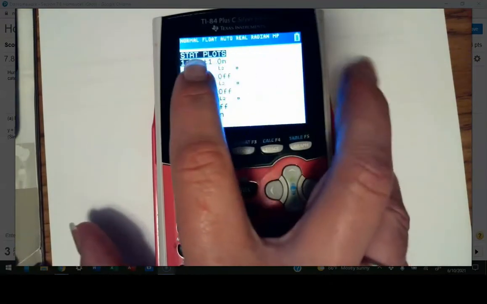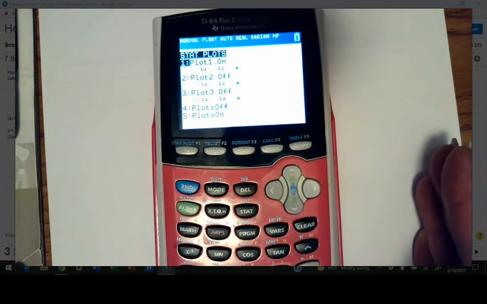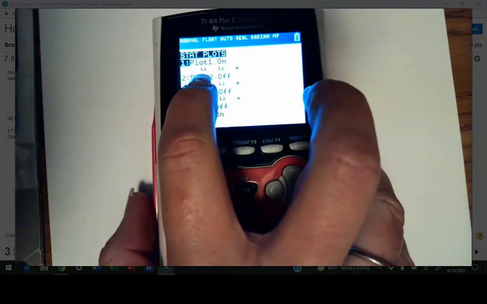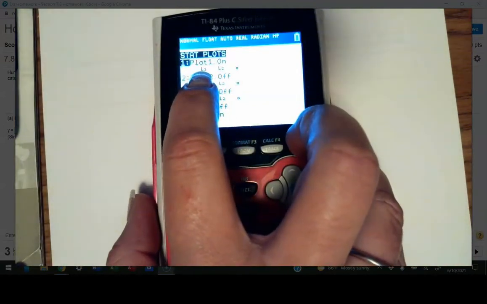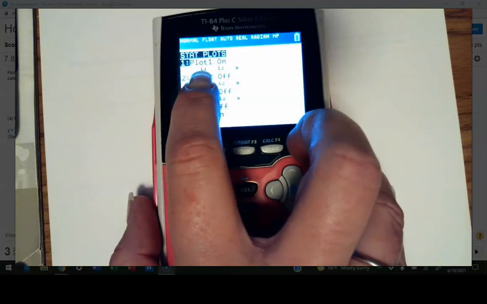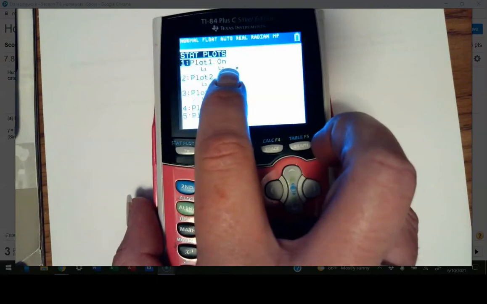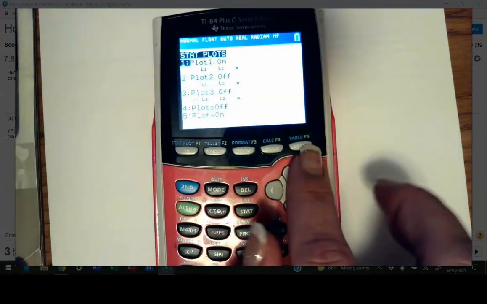What it's going to do is plot points. It's not going to connect dots or do anything like that. And where is it getting its points from? From list 1 and from list 2. So this is going to be your X coordinates and this is going to be your Y coordinates. Now, if we hit graph,